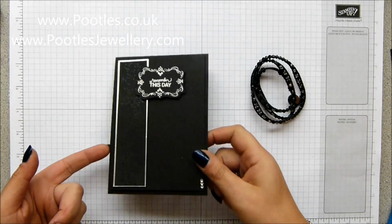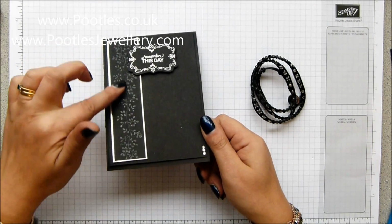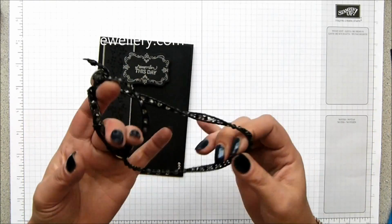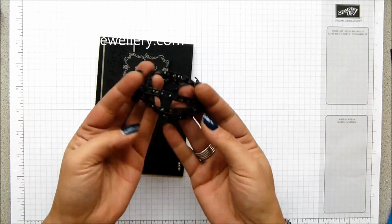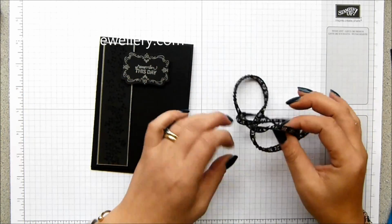And today's card, you can't see it very well, there you go, if I tip it in the light, it is black heat embossing going on, and that is because of this bracelet here. This is the crystal wrap bracelet. It's the black one, and this is the one that I've had on a special joining offer for the last